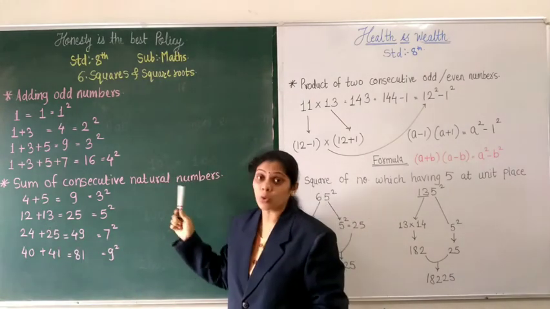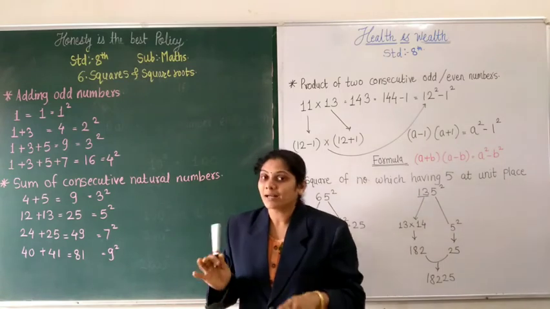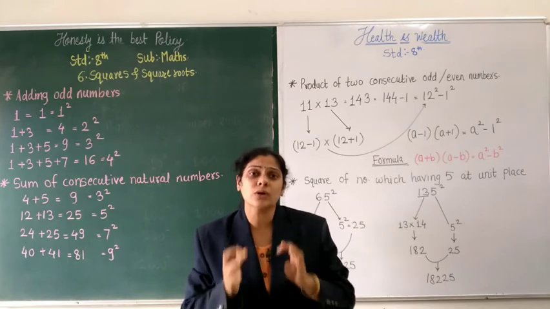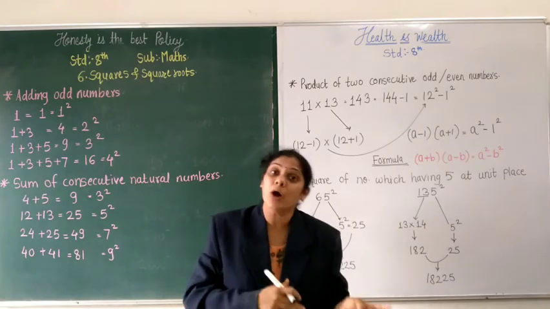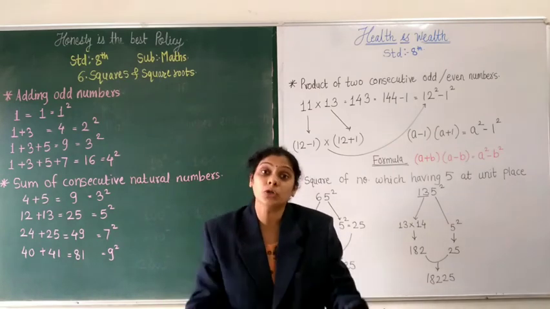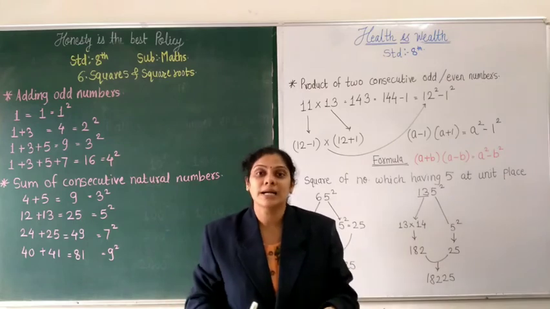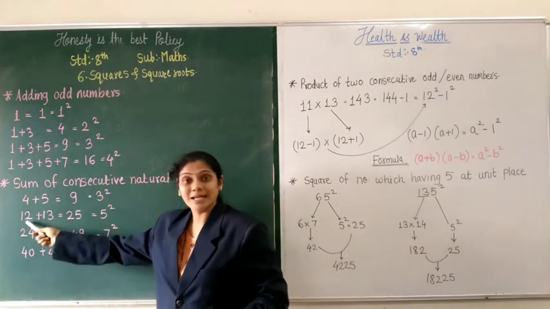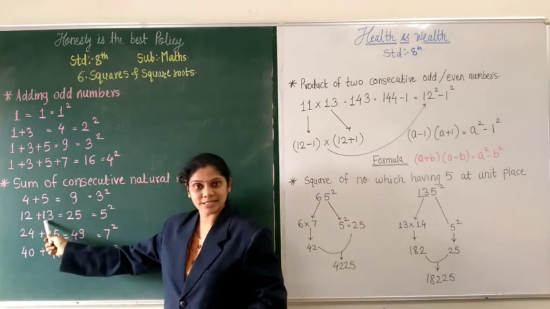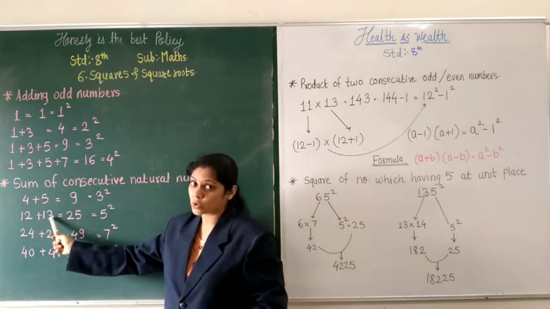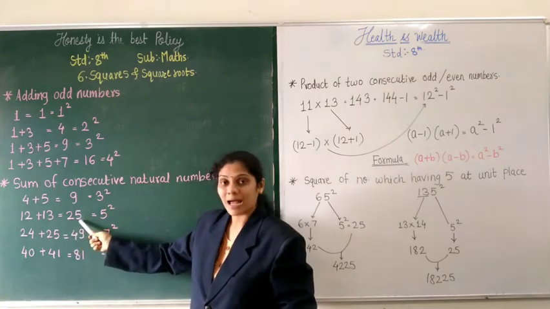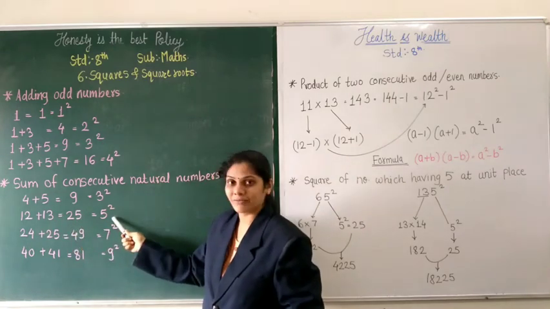They are not about only natural numbers. They are not using any word like odd or even. They are using only natural numbers. It may be odd, it may be even, it may be both numbers are odd, or both are even numbers. Okay. So 12 and 13. 12 is an even number and 13 is an odd number. If I add these two consecutive natural numbers, I get the definite sum 25, which is the square of 5.